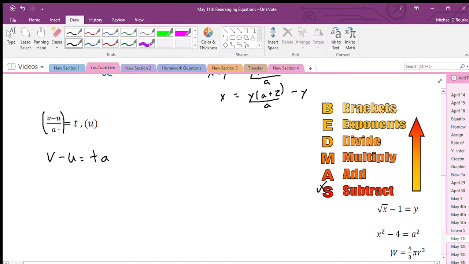Now you can also look at it like this. If I want to get rid of this, multiply this side by A, and what I do to one side I do to the other side, and these two cancel out, right? But inverse operation, division on this side becomes a multiplication. Now